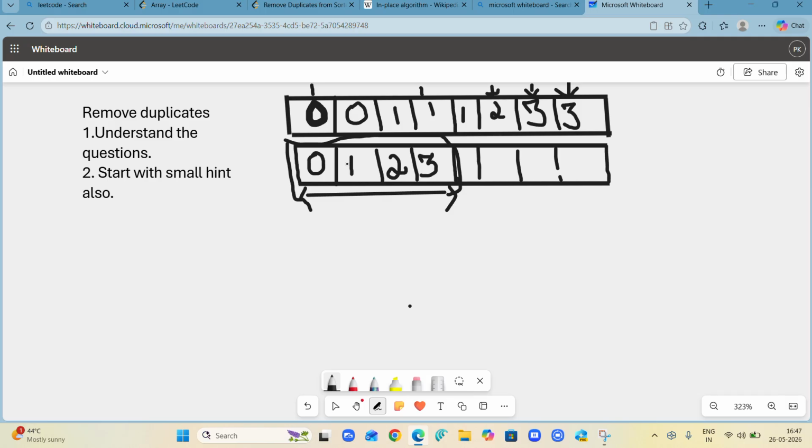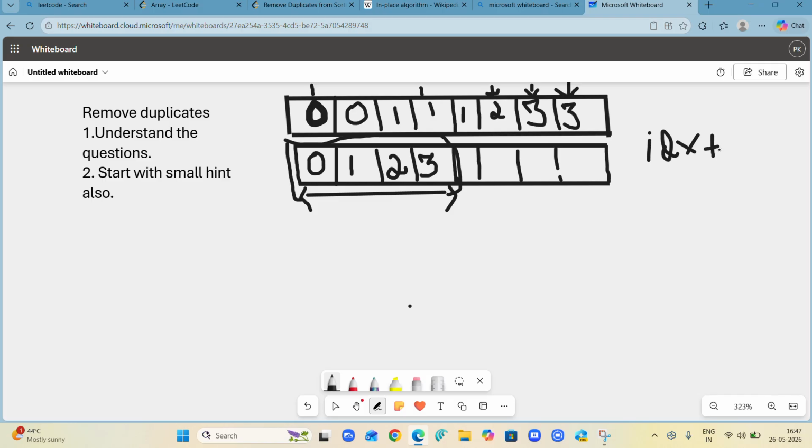It would have become 1 2 3 4, and index would have become 4, and I am going to return index plus 1, because the array index starts from 0. So I'm going to return index plus 1.